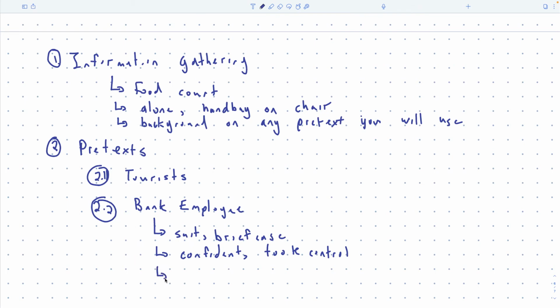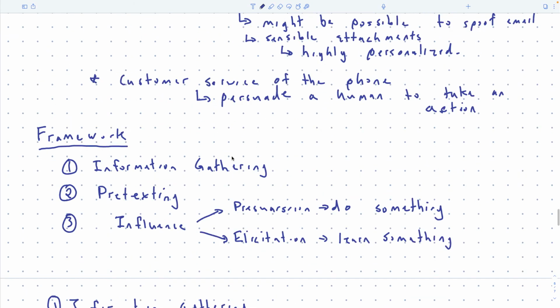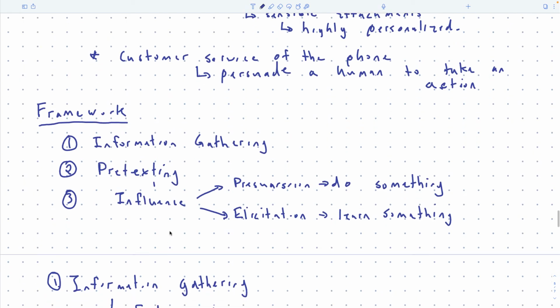You know, he's like, oh, I know the customer service, I have it on my phone or whatever. So he seemed to have the knowledge. Gain trust. Yeah, gain trust. So this actually maybe is less about the pretext, but you might trust someone in a suit with a briefcase more than you would trust someone else to help you. So that goes into the pretext, but it also goes into how he was able to influence the person. Right.